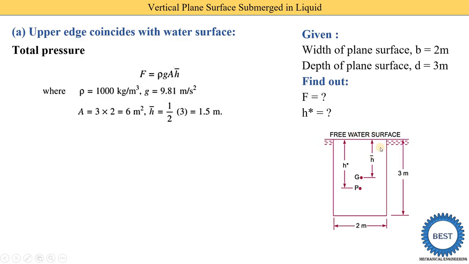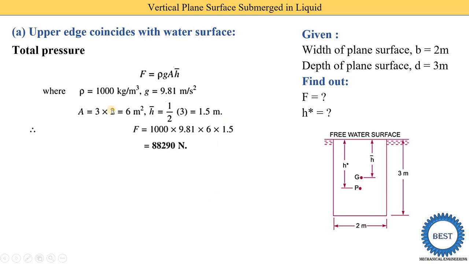Here the rectangle surface is there. For the rectangle surface, h bar is equal to depth divided by 2, or height divided by 2, means it is D by 2. We know where the center point of this rectangle is; the center point is at height divided by 2 or width divided by 2. So we get the G point here. h bar is 3 divided by 2, it is 1.5 meter. G point is the point at which the weight or mass of the whole surface is located, it is called the G point.